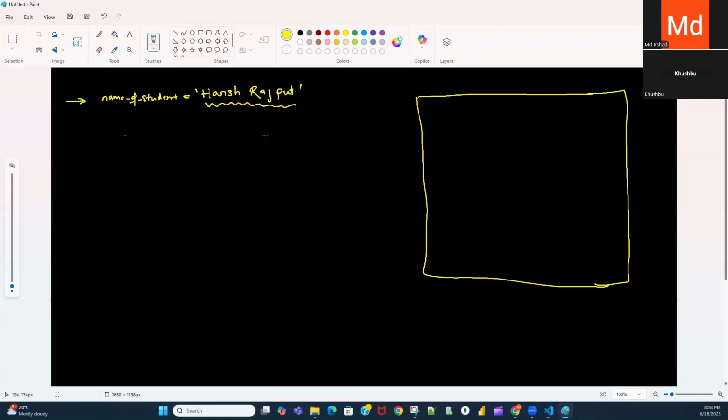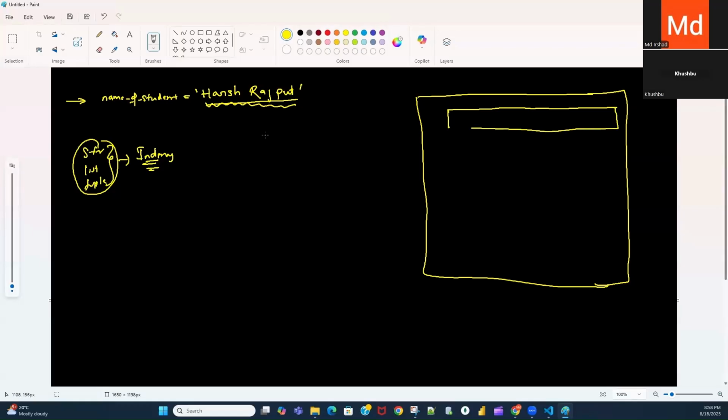While storing the data, string supports indexing. So string, then list, tuple. These are the three objects which support indexing. This object will store the data based on the indexing concept. Whenever you define this object, it will be created somewhere in the memory and store the data something like this. Each character will be stored based on the index position. Index is nothing but position.